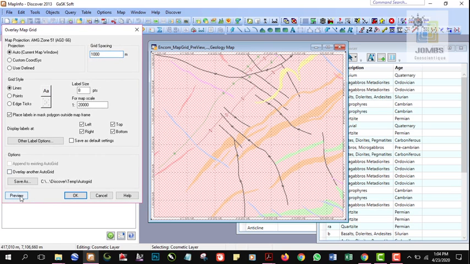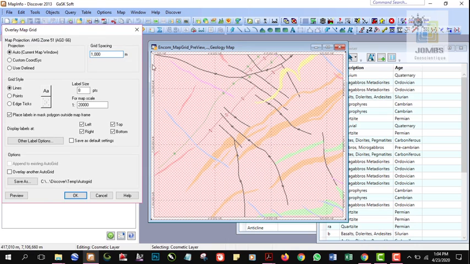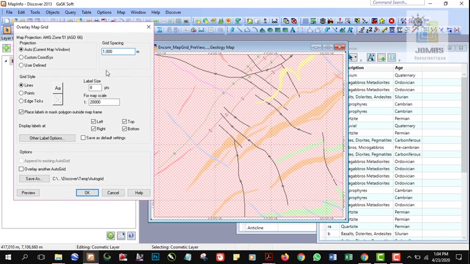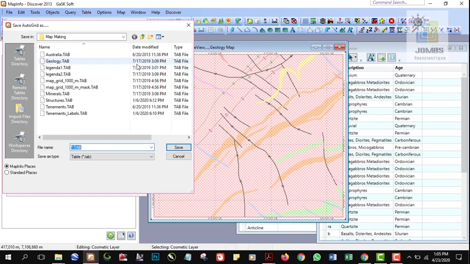Alright, hit the preview once again, you can see the change. See, probably this corner is overlapping the edge, but I think it's fine. When you're satisfied with the result, you can save it as the grid. The grid can be saved into a table instead of a temporary grid file. Hit the Save As button here, and then put the